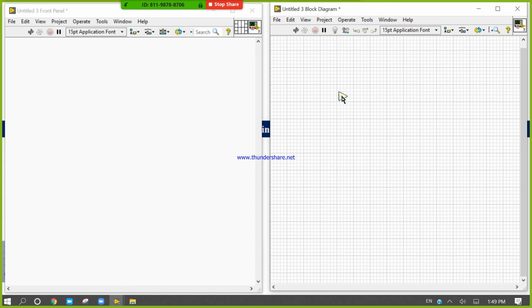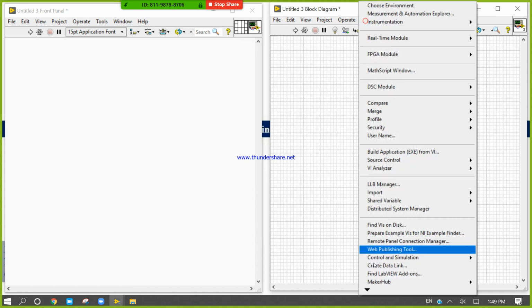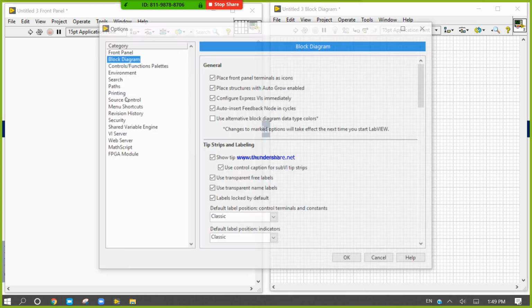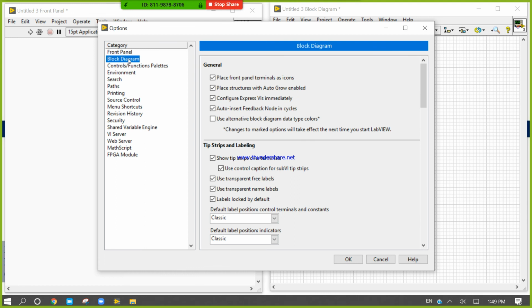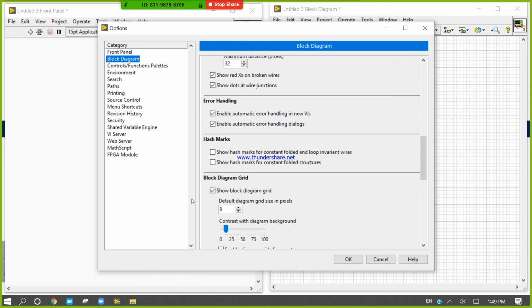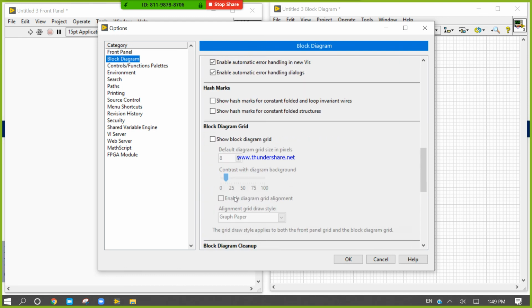But I don't like the grid in the block diagram also. So I will come here, come into the tools, I will come into the options, then I will go to the category section, I will click the block diagram to access the block diagram window. Now I will come here and I will click this grid.